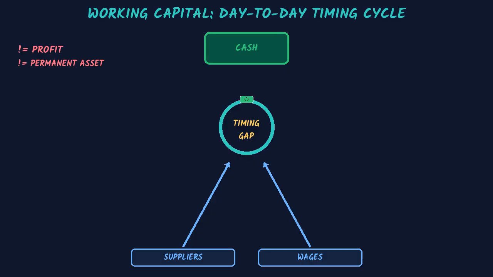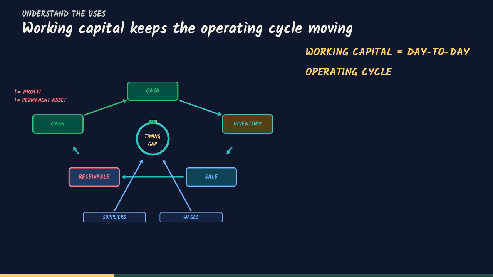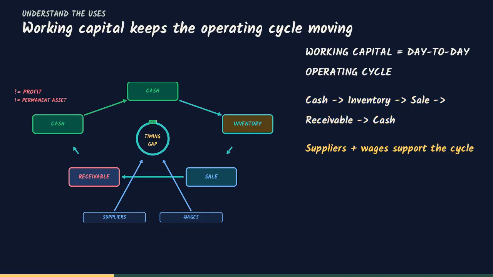Working capital is money used in the day-to-day operating cycle. Cash pays for inventory, suppliers, and wages. Goods are sold. Some customers pay later through receivables, meaning money still owed to the company, and the cycle returns to cash. Working capital is not the same as profit, and it is not usually a permanent asset such as a factory. In the objects section, check the amount, the operating need it supports, and how management estimated that need.